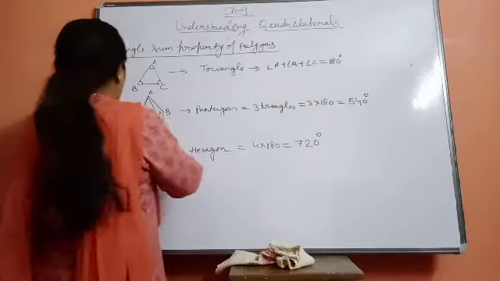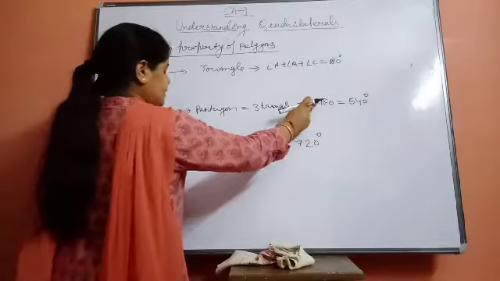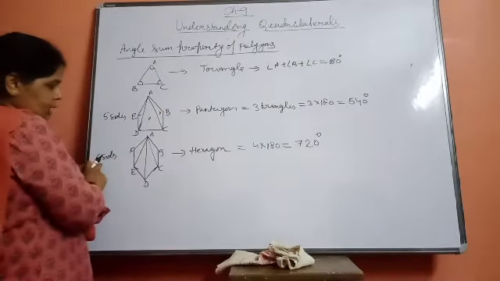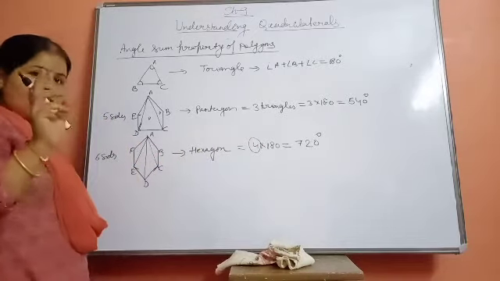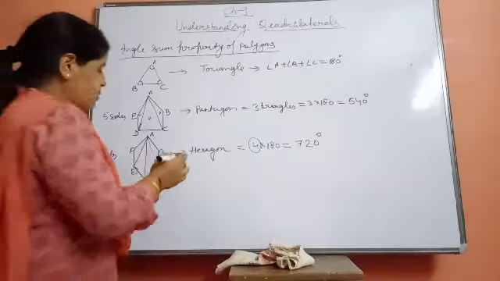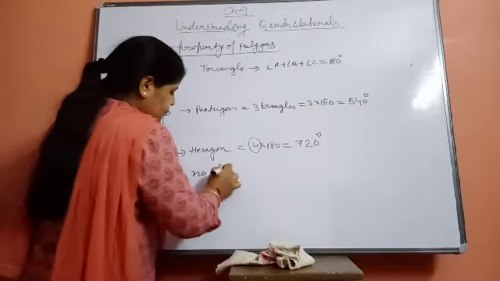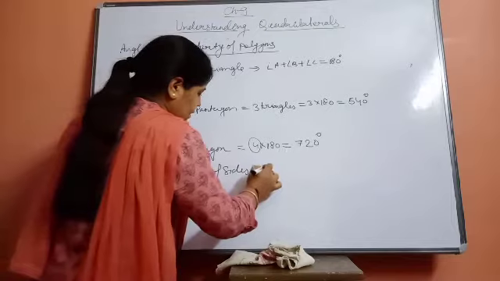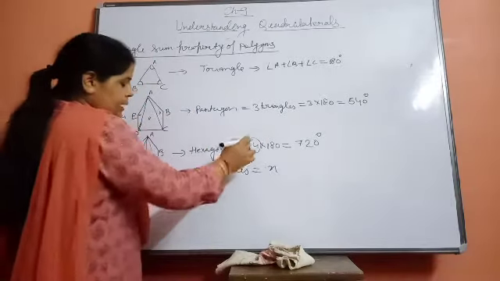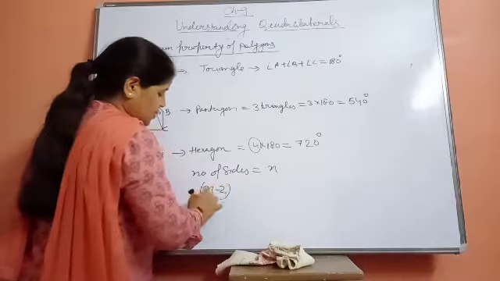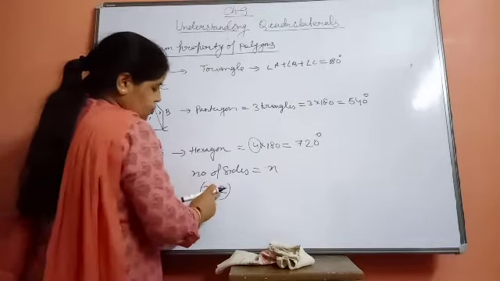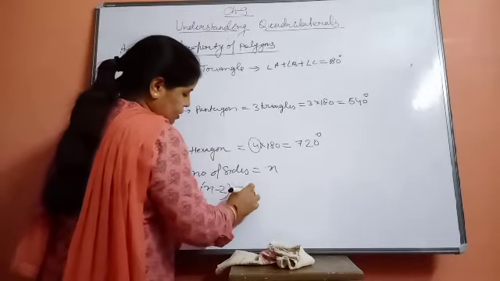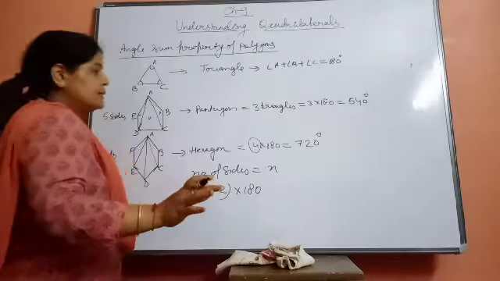See that, beta, 5 minus 2 will be 3. Here, how many sides were there? 6. We multiplied by 4, so how much did we subtract? 2. If I take the number of sides as n, then we multiply n minus 2, where n means the number of sides, and you can see everywhere we are subtracting 2, n minus 2, multiplied by 180.